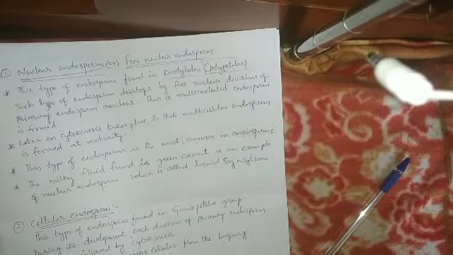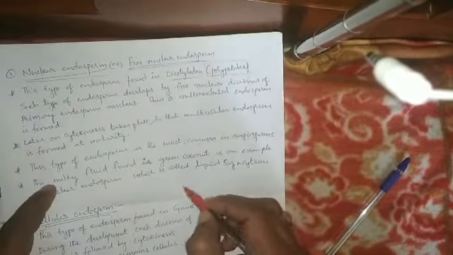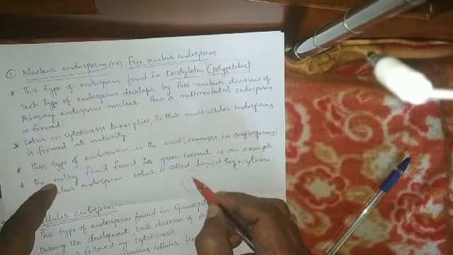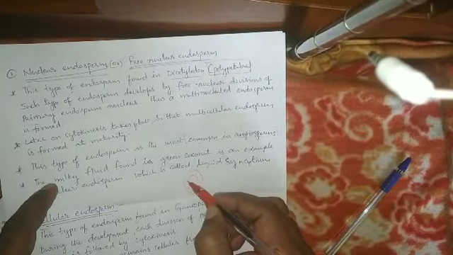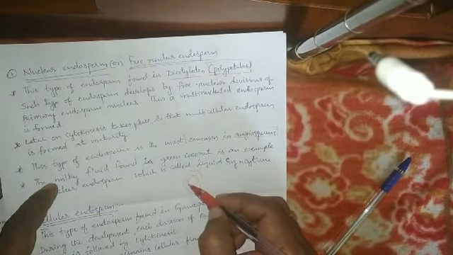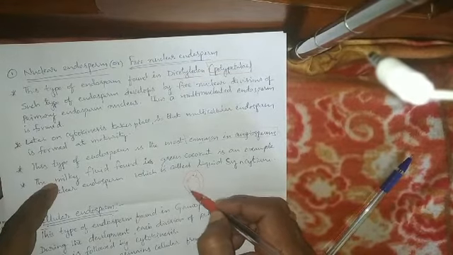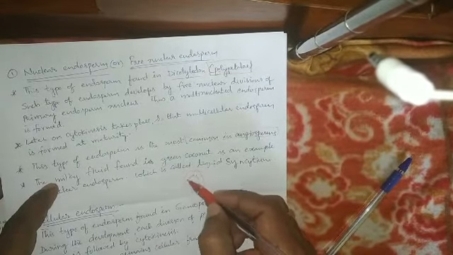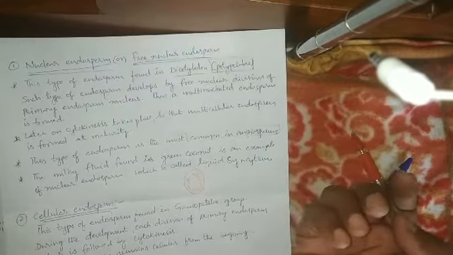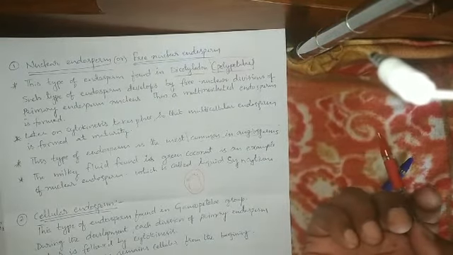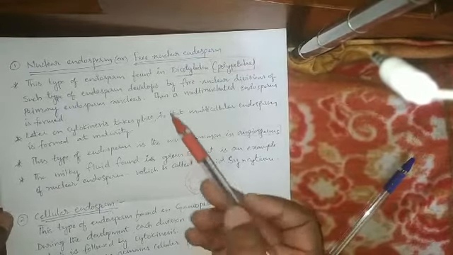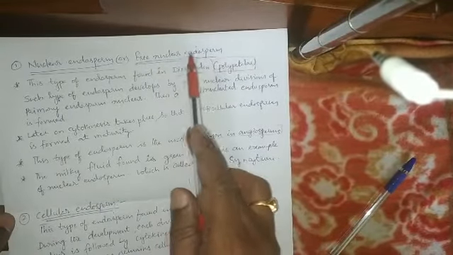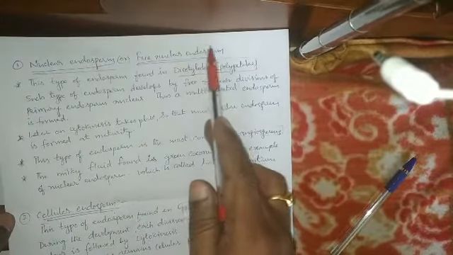It is in liquid form. After that, when cytokinesis takes place, the coconut kernel is formed on the inner side. When cytokinesis takes place, a number of cells are formed. These cells gather on the inner wall and form one solid material. So that is the coconut kernel or coconut meat. That is also a nuclear endosperm or free nuclear endosperm.